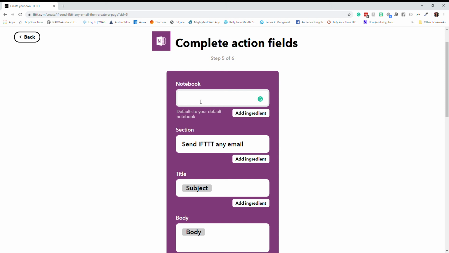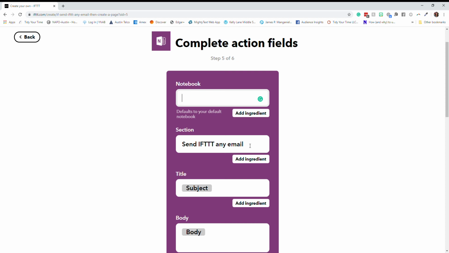So I let it go to my personal notebook where all my filing takes place. You can add a section, so you can just type in the name of a section in your default notebook. I want IF to create its own section so I can easily see that something has been sent to IF